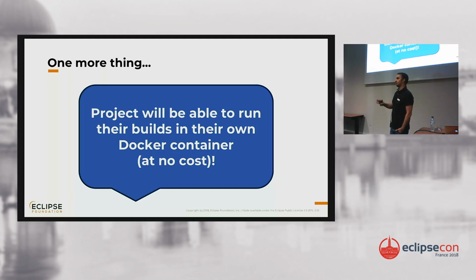The most basic one is to reference an image which needs to be available beforehand in Docker Hub. It will download it right from Docker Hub. You also have the ability to specify the Dockerfile right inside your build configuration. As a first step before running the build, it will build the image and then run the build inside